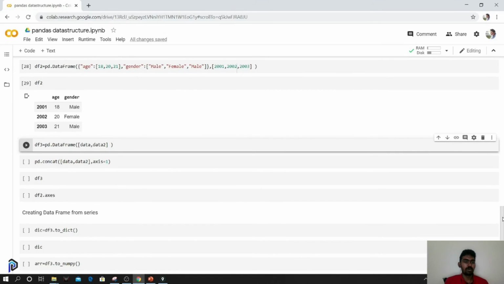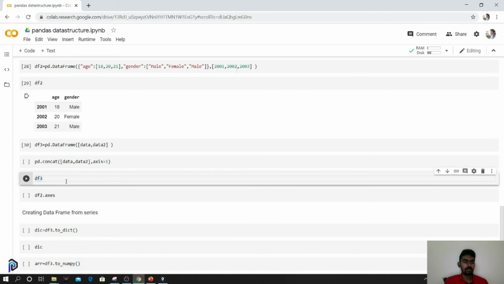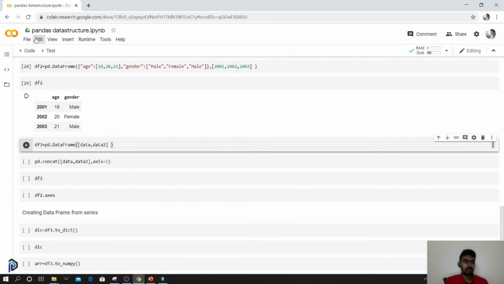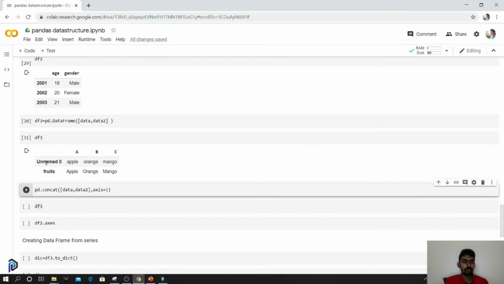Okay, what I'm going to do right now is combine these two. For the data frame, I'm just giving a list of the series over here. So let's see, I'll just print the output. This is how it's done. So this one is unnamed. So we have given a name for one thing and a name is not given for the other. When a name is given, it's taken as the index and this is how it is joined. So this is the first series, this is the second series, and both of them are joined together.